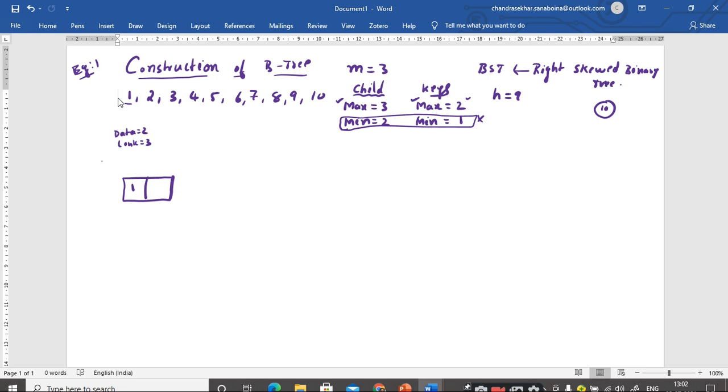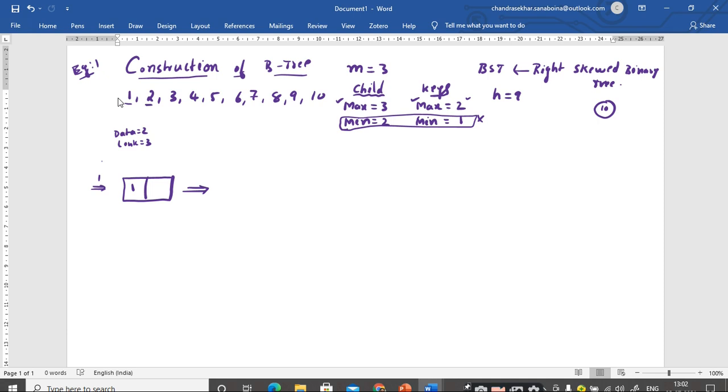While discussing insertion, the first and foremost important point regarding insertion in a B tree is that insertion always happens at the leaf node. This is somewhat different from the other trees we construct. The value you are going to insert will be present as a leaf node. So 1 is inserted as the leaf node.